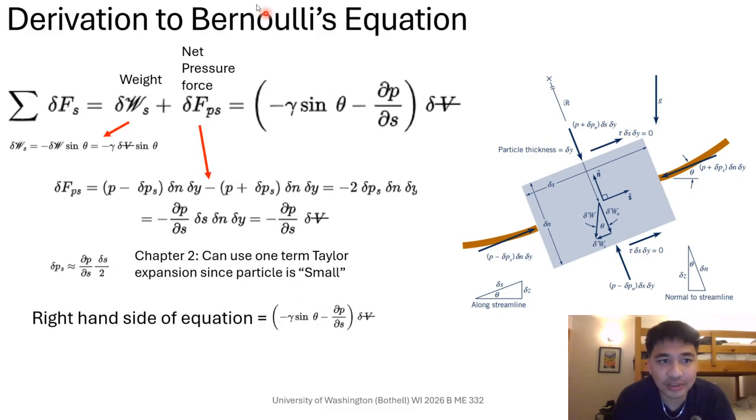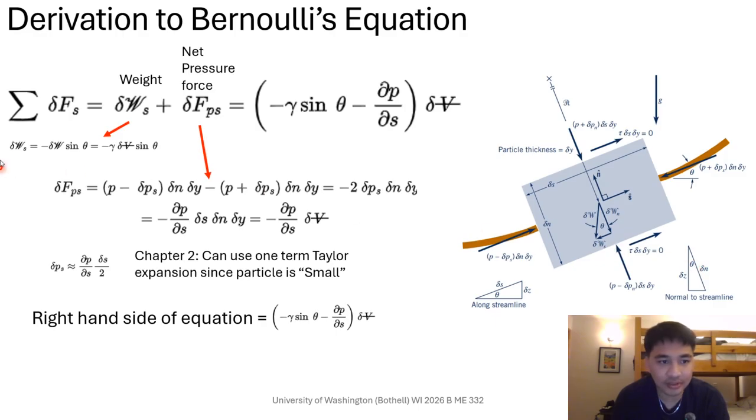Okay, so now what we're going to do is sum the directions of forces for the streamline. So here we're essentially just adding weight and net pressure force. Okay, so weight here, and sorry, I know I said S in the streamline, but this S is in the S direction. It also stands for just a streamline, which I already said earlier. So this weight here is essentially just your negative W times the sine of theta, which you can see in the trig that we explained earlier,